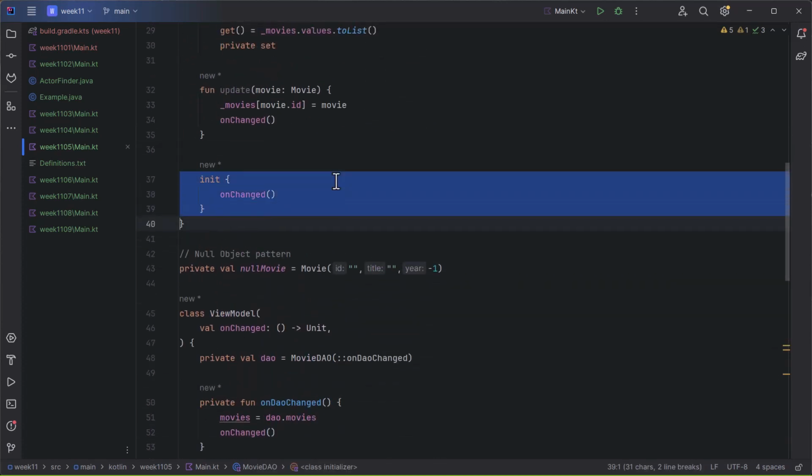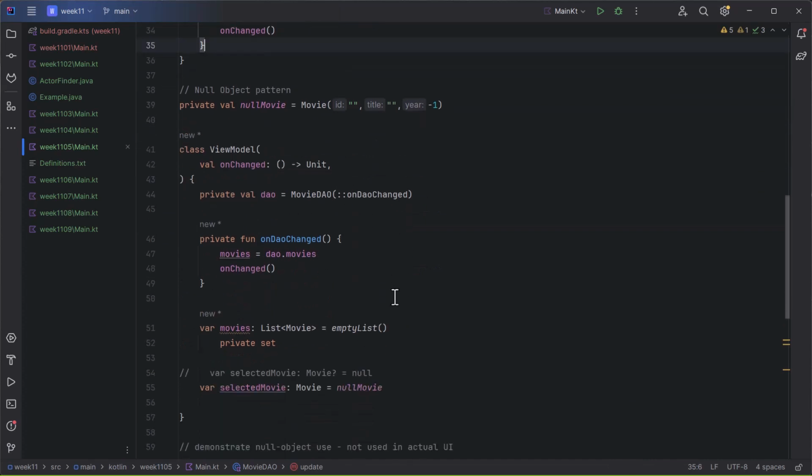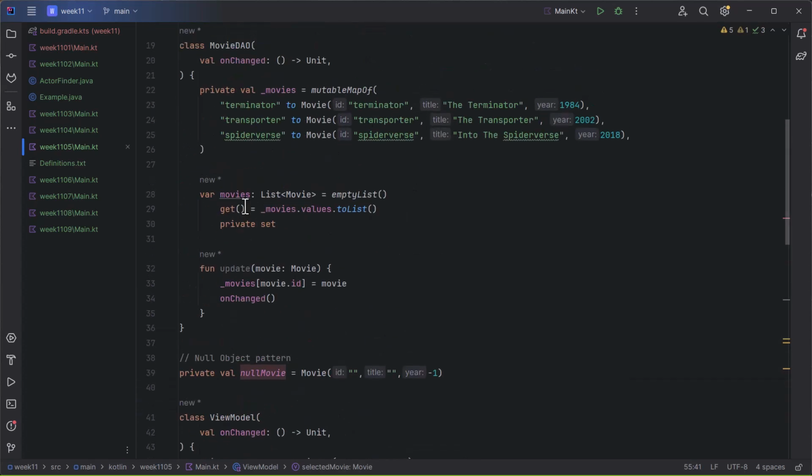I'm going to do that, and we will just be explicit on this. So we'll still call this on DAO change when he changes. We're just going to only call that when the DAO data changes. So to fix this, when do I want to call? So I've got the movies set up here. That's the empty list. So what I probably should do is just initialize this to, oh,